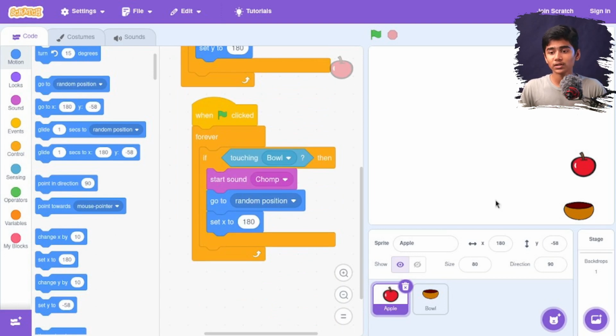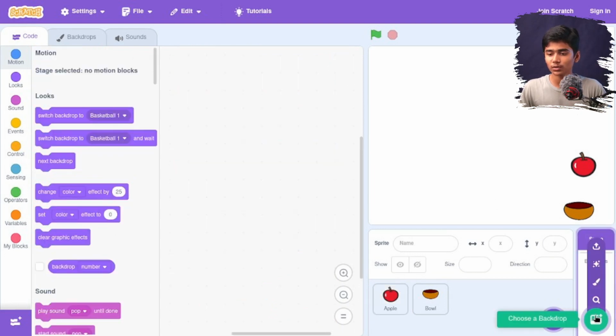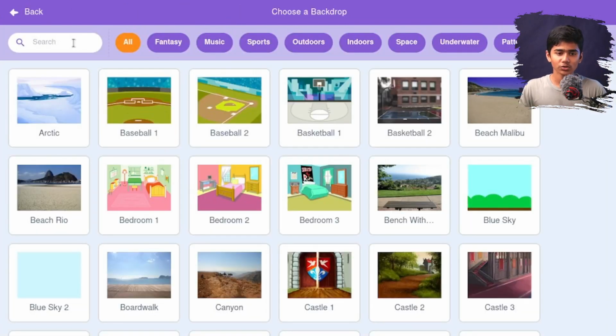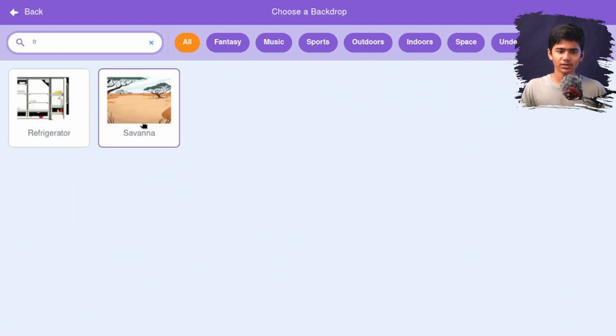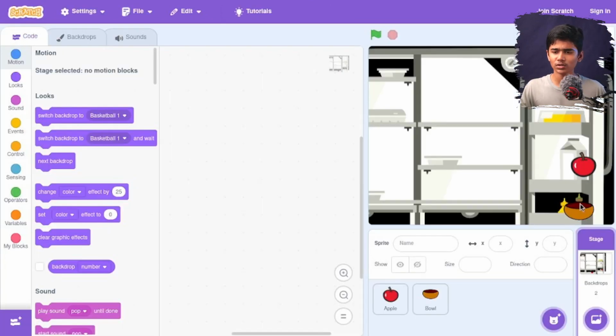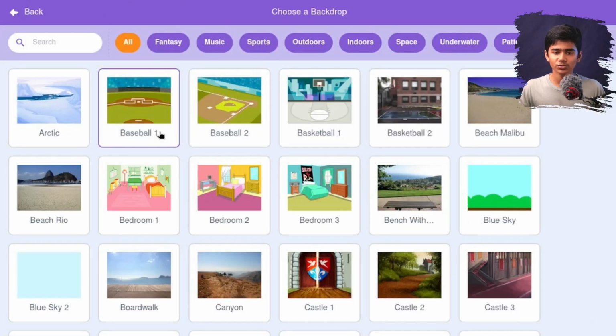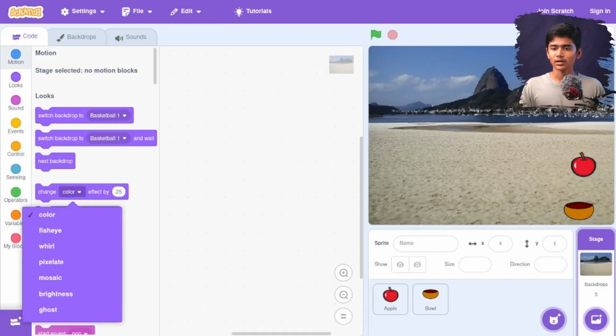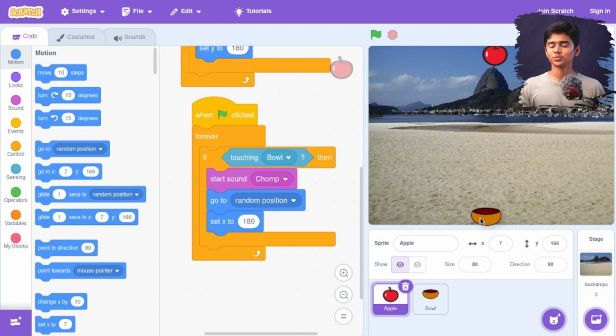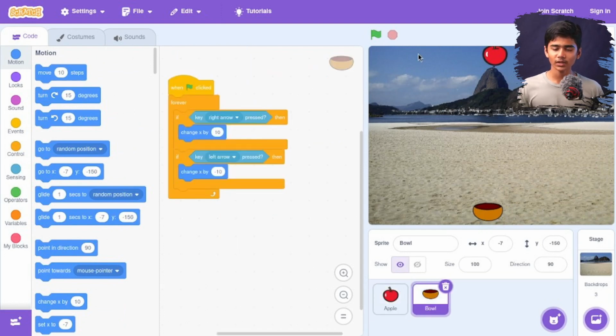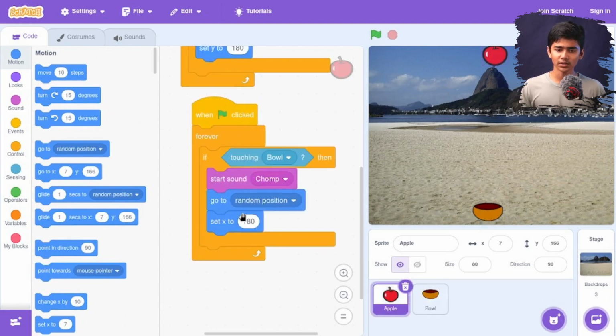Before I make the stop, we are going to use some backdrops. We can use, maybe this one, it's a refrigerator, and we can also change it to, yeah, this one. Just put it in there, or anywhere you want to put it. After that, we go to Apple again, and now we are going to change